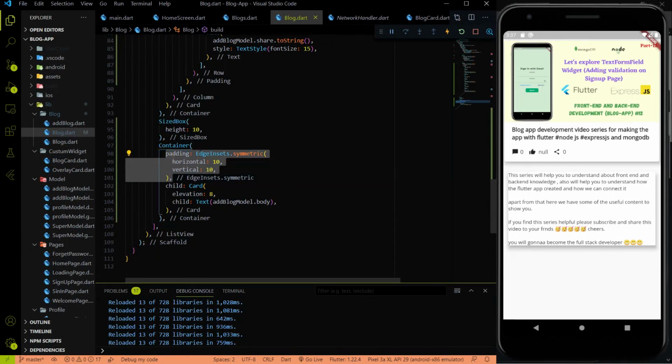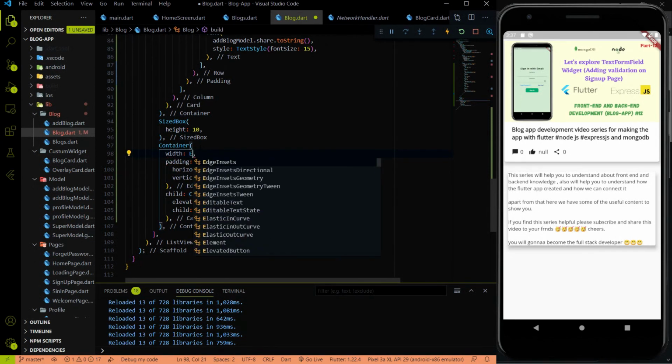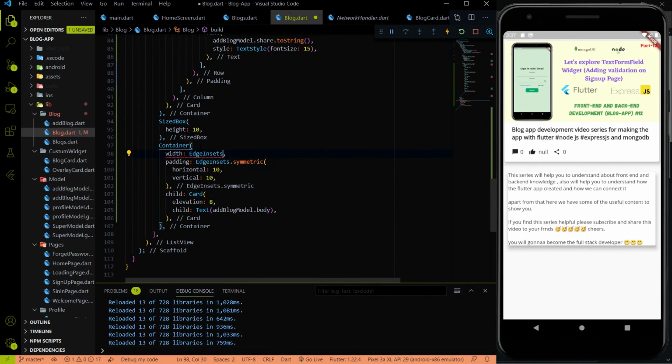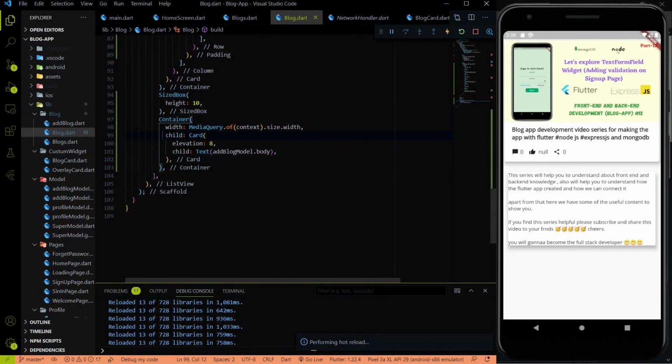The problem is that we didn't provide the width of the container. So let me provide the width of the container. The width of the container will be EdgeInsets. Sorry, the width of the container will be MediaQuery. I'm just a little bit tired. That's why I'm forgetting something. Okay, and the MediaQuery will have the size parameter, size.width, and I will hit save. See the changes, and I don't need this padding over here. Again, I will hit save,